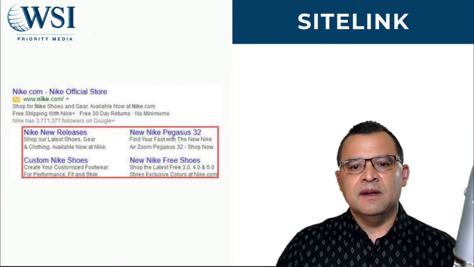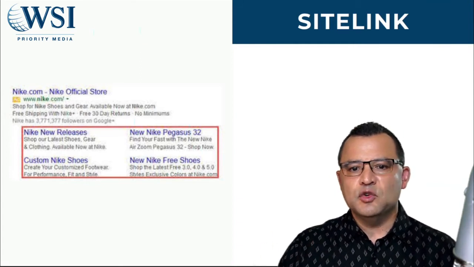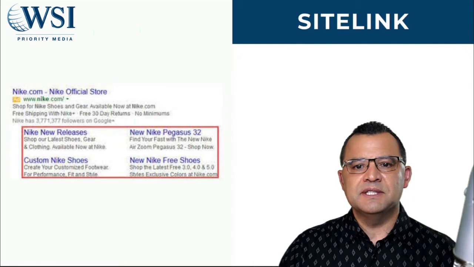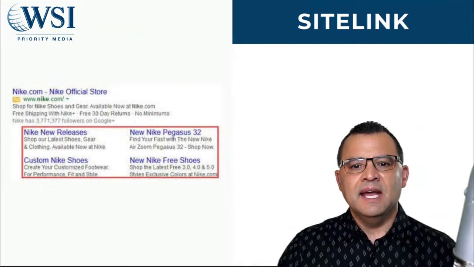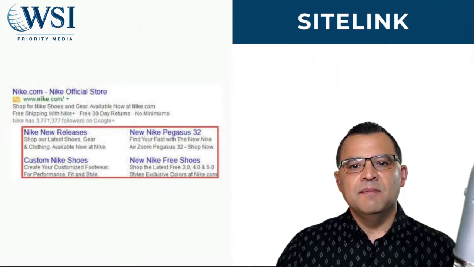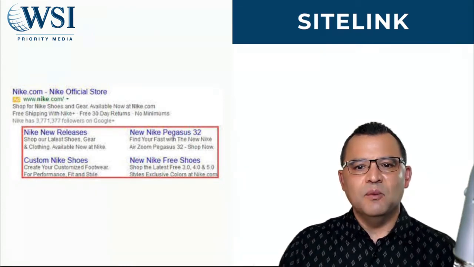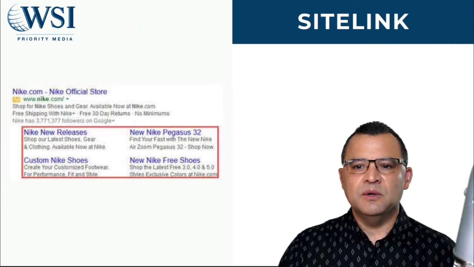There are a couple of pro tips. You can use site links to include your LinkedIn, your Twitter, your Facebook, your YouTube pages. Make sure that each site link within a campaign or an ad group lands on a unique URL. That's really important. And you can make site links specific to mobile by ticking the mobile preference box when building the site link. It's a really cool one to use.